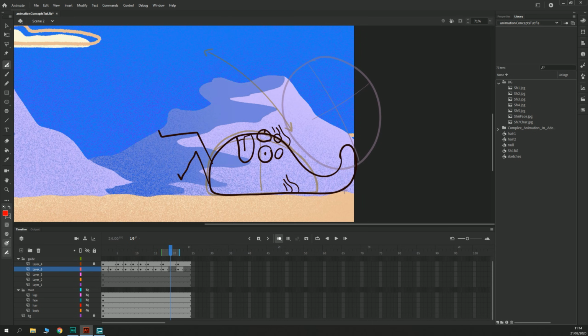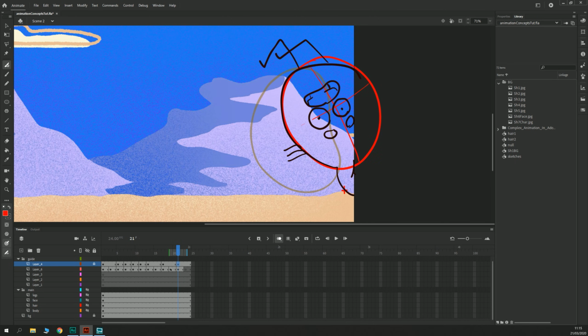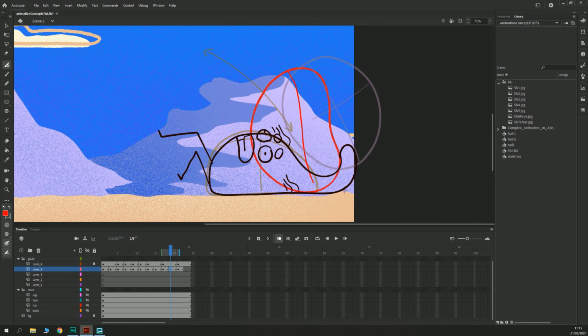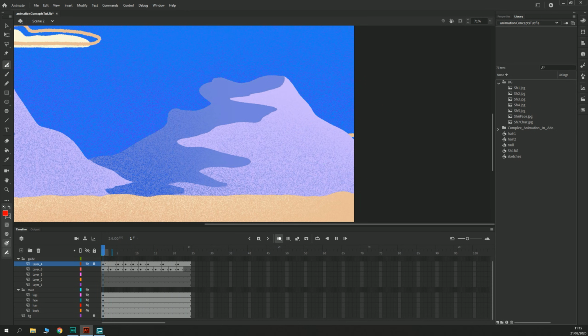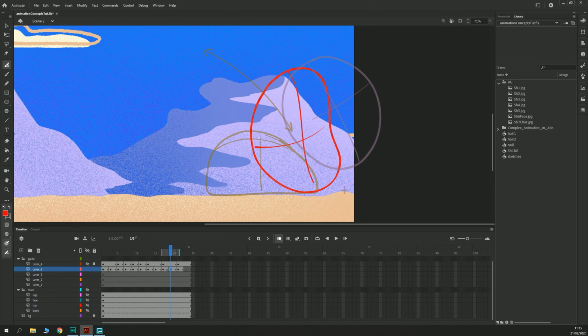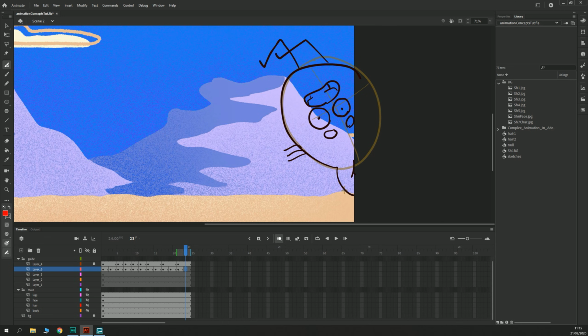So this part of his body is going to have to start to peel off the floor. So his body's going to be definitely shifting along and definitely morphing a little bit. And I think his face ends up, yeah, completely forward and upside down. So we'll just do something like that. Yeah, let's hide that layer. That looks good. That has like a nice whipping motion to it. Oomph. And then the last one is a new keyframe,